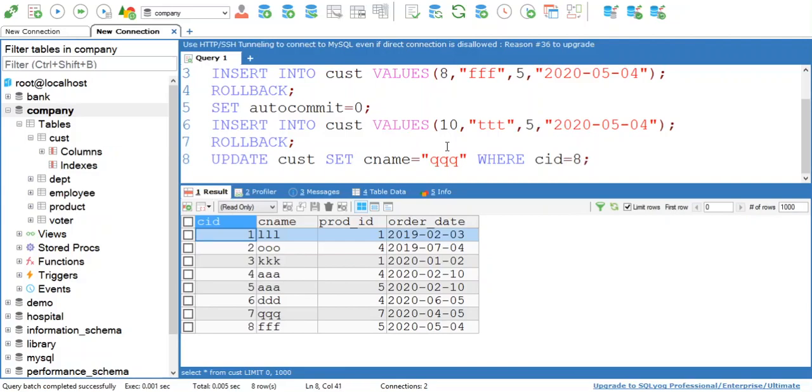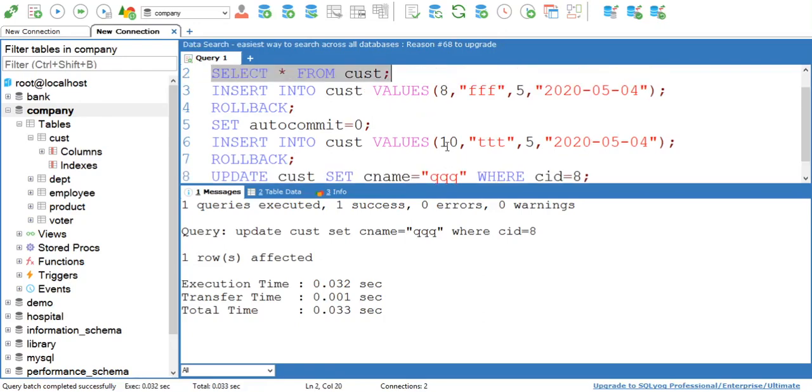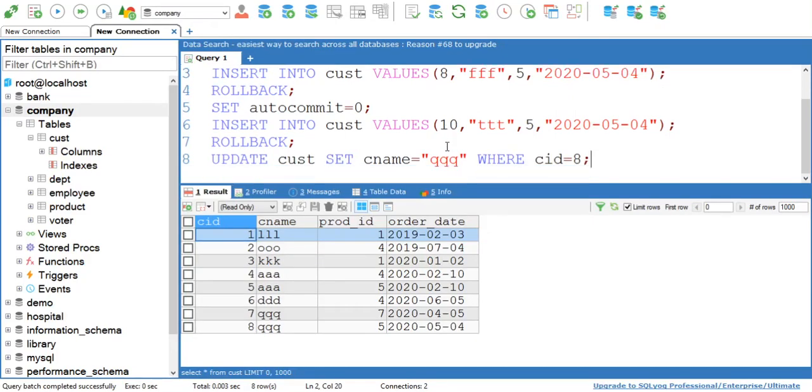See, now your customer ID 8 has the name FFF. Now I am changing that name to QQQ. Successfully executed. Now see the result. Now 8 has the name QQQ. Previously it had the name FFF.